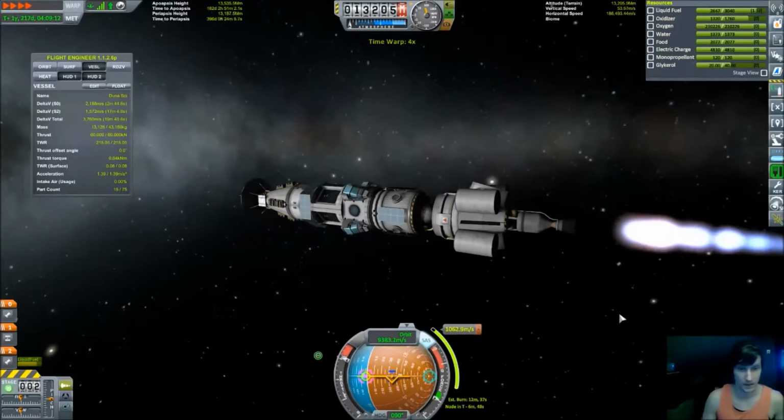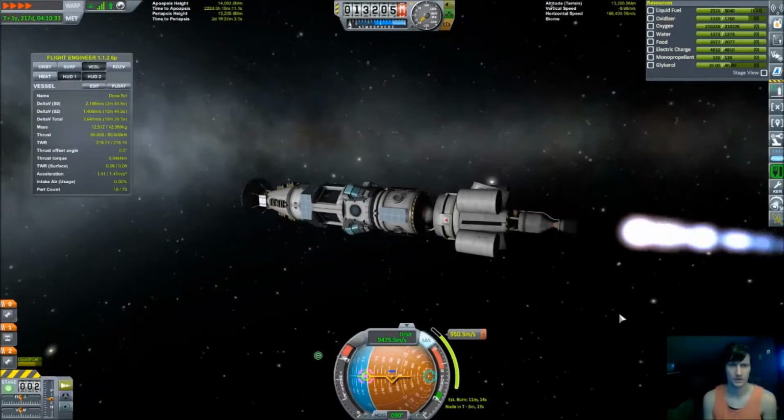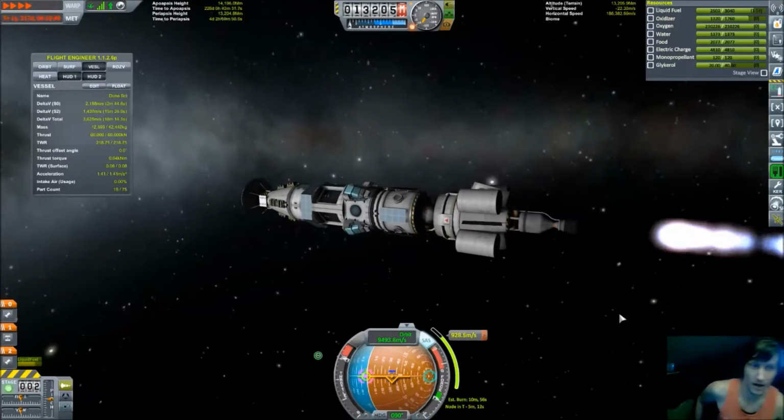Let's time warp. This should be able to get us closer. And then we just gotta use the final stage to circularize our orbit. I'm probably gonna go for an equatorial orbit, about 150, just so we can easily get stuff off the planet once we start mining. Because as soon as we start mining, we can actually go about